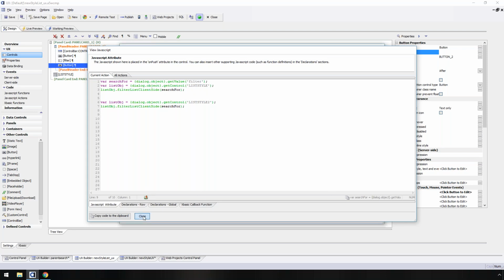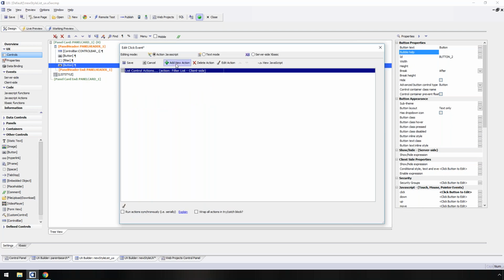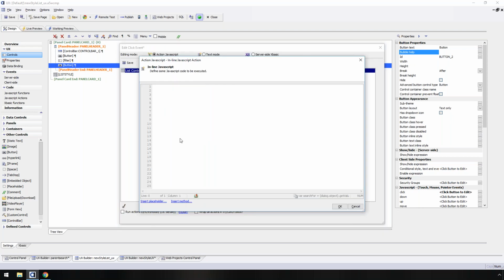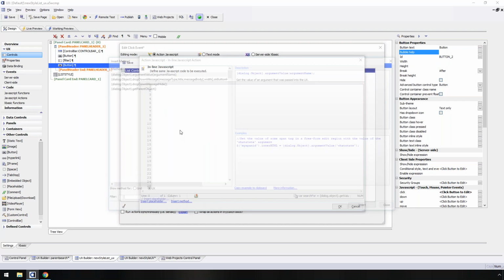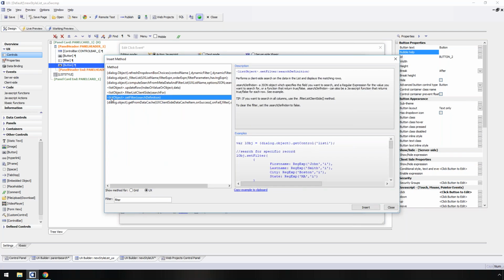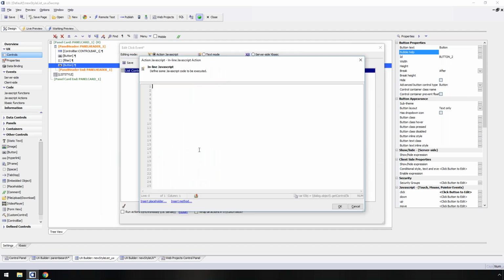Let's go ahead and add a new action. I wanted to just show you, so we'll close this out. There's also a method in here called filter list, that's client side, set filter. So there's something called listObject.setFilter. Let me copy this and paste this code here. And this is super powerful. Basically, this is a little piece of JavaScript that allows you to say, for instance,